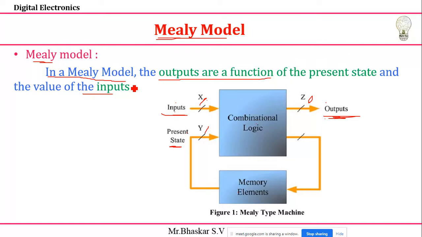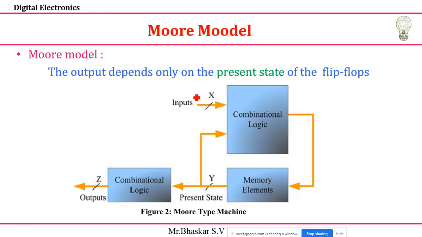Okay, let's move on to the Moore model. What is the difference? Clearly you can see in the block diagrams that in the Mealy case, outputs depend upon these two, input and present state. But in a Moore model, carefully you see that you have the input, and here it has a present state, X and Y are there, and it has the output. In this case, the output I'm getting here does not depend upon your present input. It does not depend upon the input. It totally depends upon the present state only.